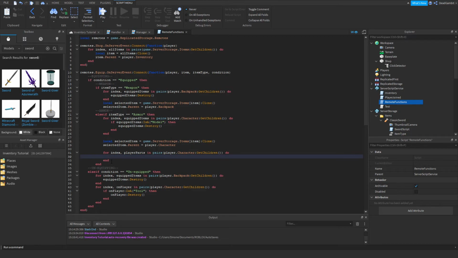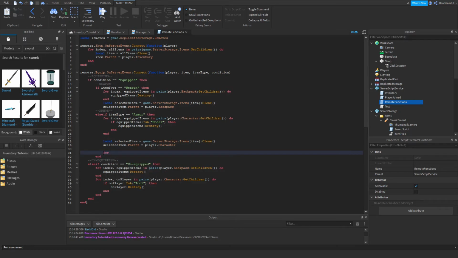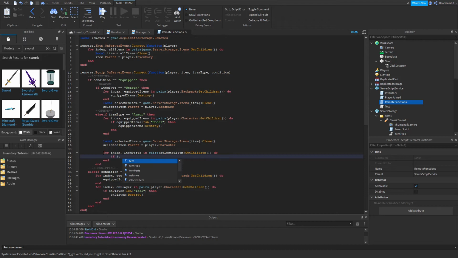No, I'm sorry, we don't use this one yet. So it'll be for index, item parts in pairs selected item:GetChildren() do if,